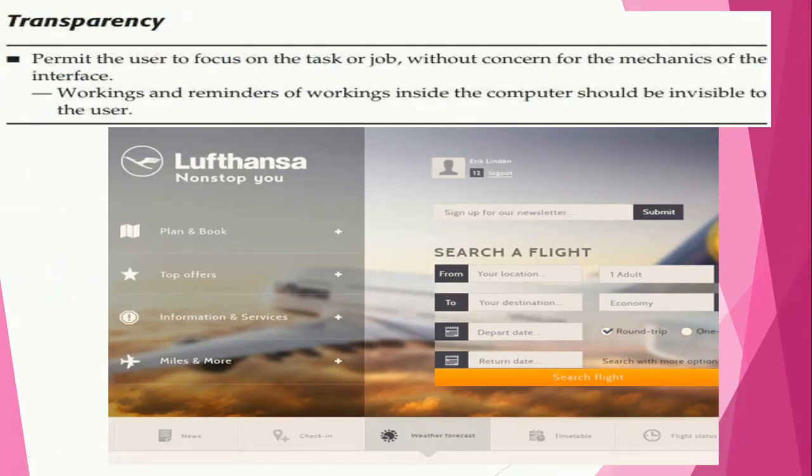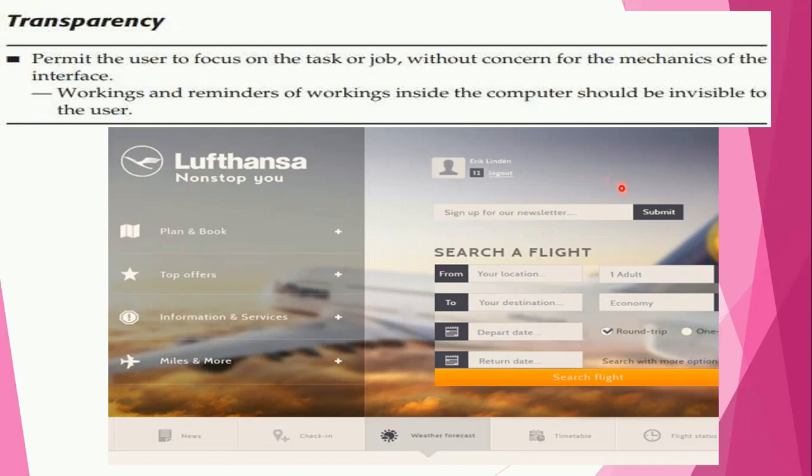Next point is transparency. Permit the user to focus on the task or job without concern for the mechanics of the interface. Workings and reminders of the workings inside the computer should be invisible to the user. So never force the user to think about the technical details of the system. Whenever the user interface is displayed on the screen, it has to focus on the task or job of the user.